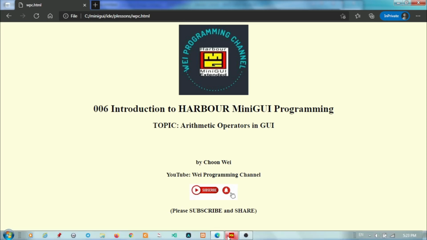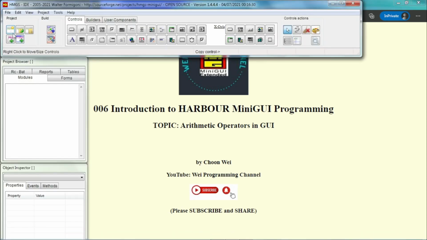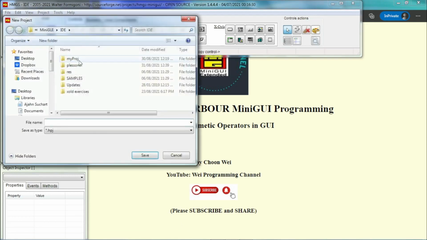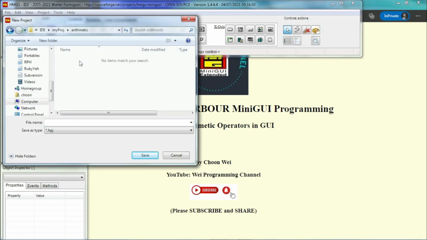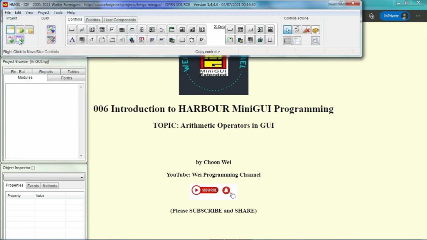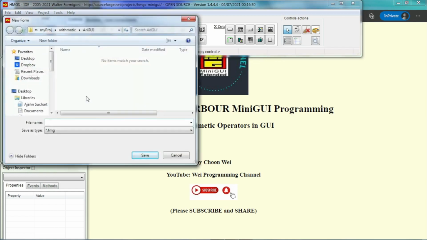First, we have to launch our IDE. Then we start a new project under Arithmetic. Let's say I create a folder called Ari GUI. Okay, and the program name is also Ari GUI. Save. Then we start a form, and this form we also give the same name, Ari GUI,